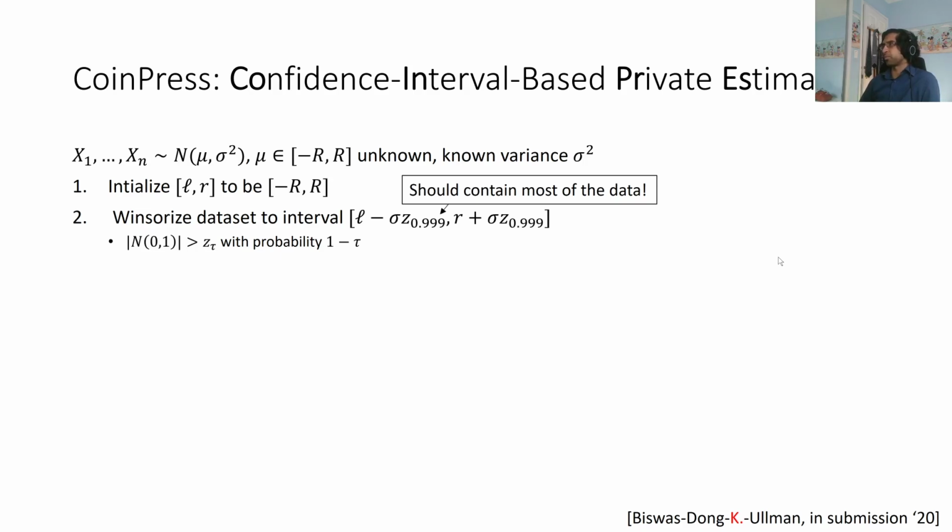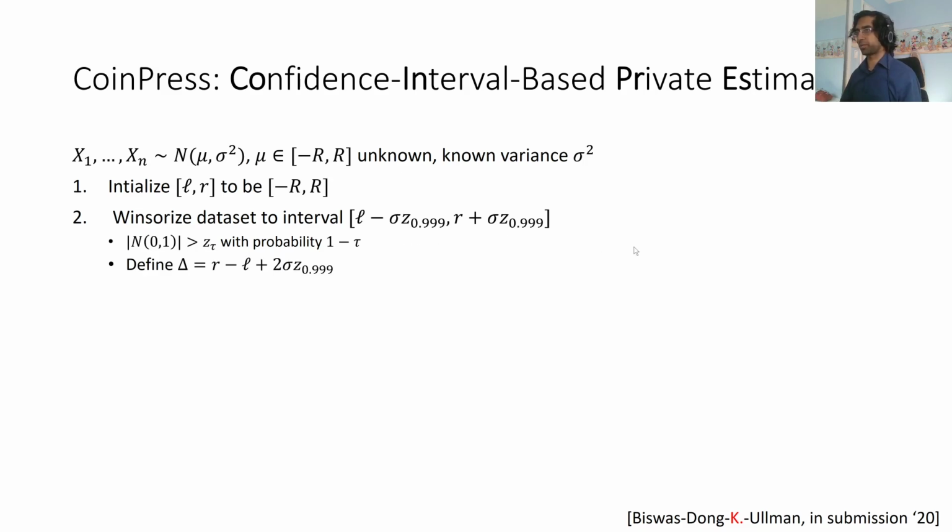In fact, in the algorithm, we set it somewhat differently, but the idea is that we Winsorize so that if it's truly from a Gaussian, then we don't actually touch the data and things are okay. The point of this is not to actually Winsorize, it's really just to limit the influence of outliers to the data set and the empirical mean.